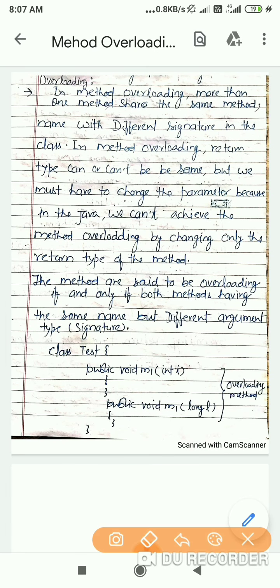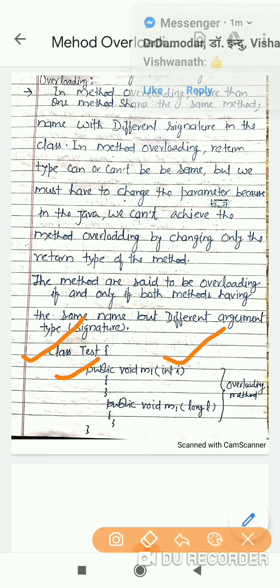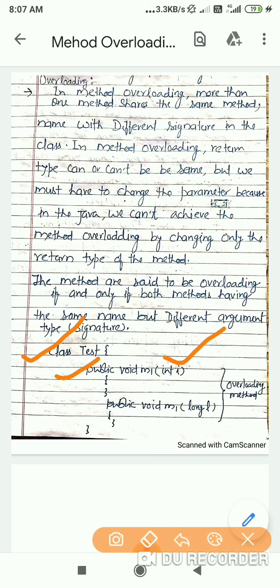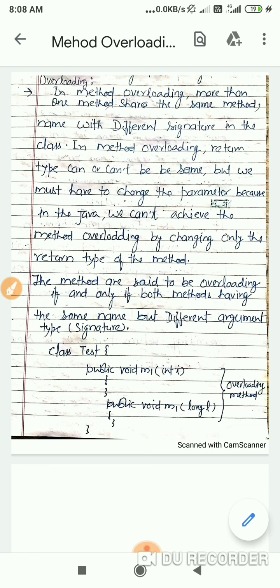Let us take an example. Here we take a Test class, and one method in the class is public void m1, which has an int parameter, and another is also a public void m1 method, and the parameter is long.